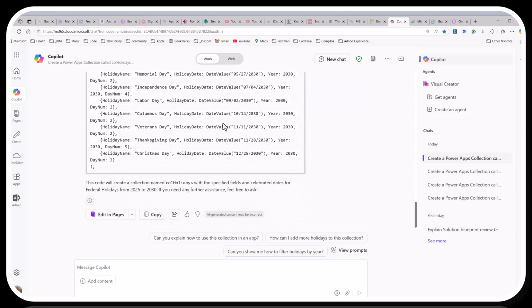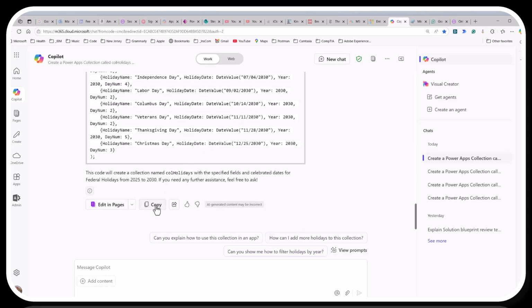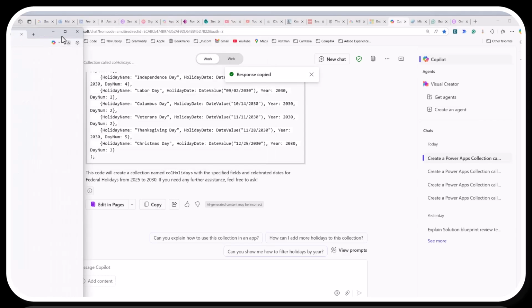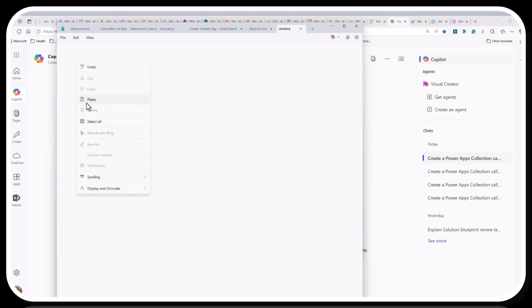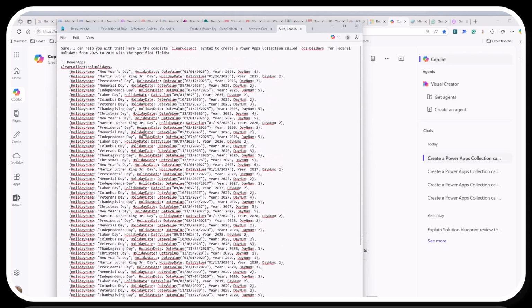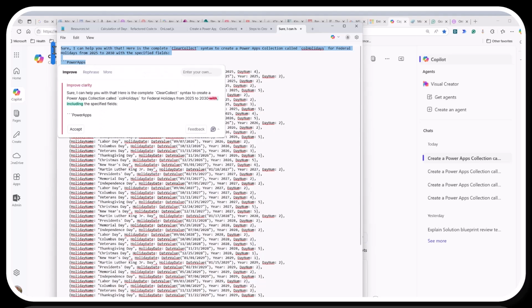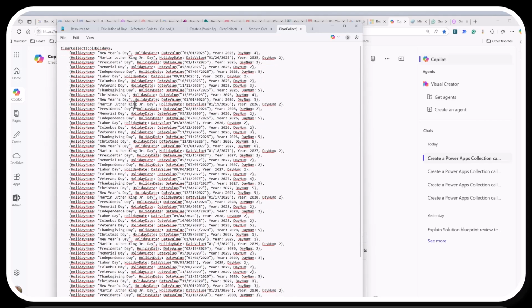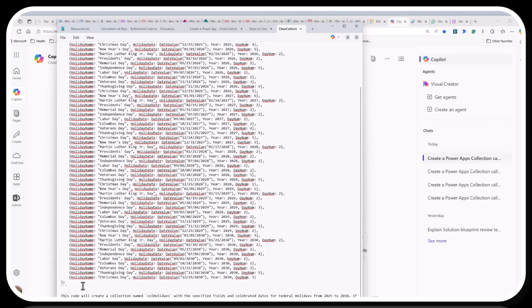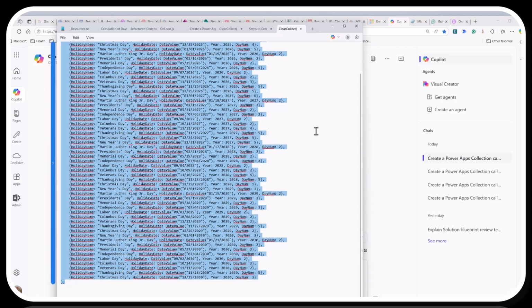So what I want to do is just copy this, and it'll get some other text and garbage in there too. So I'll show you that. We'll just strip it out. It's probably the easiest way to do that. Sometimes I'd ask it for a text file, but Copilot's kind of unreliable on that. Sometimes I get a text file and sometimes I don't. And also you need to make sure, so I'm going to just strip off the end of this, Control Shift End, delete that. And then I'm going to copy that, do a Control A, Control C,